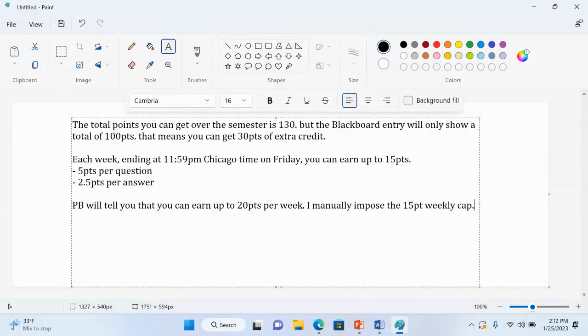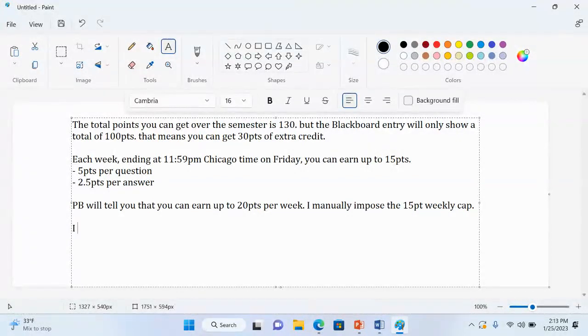I know there's some students who'll jump into it and be busy right off the bat and be done with all this stuff halfway through the course. And I know that there are other students that wait until the very end to get it done, right? But what I don't want is some kind of dead zone in the middle of everything, because people are doing 20 points per week and a lot of people, you see what I'm saying, okay? I just want there to be a continuous, reasonable amount of activity throughout the semester. That's why I do 15 points. Okay, so